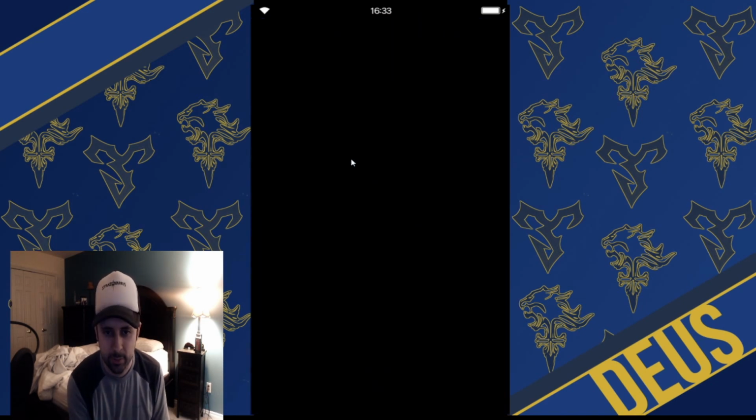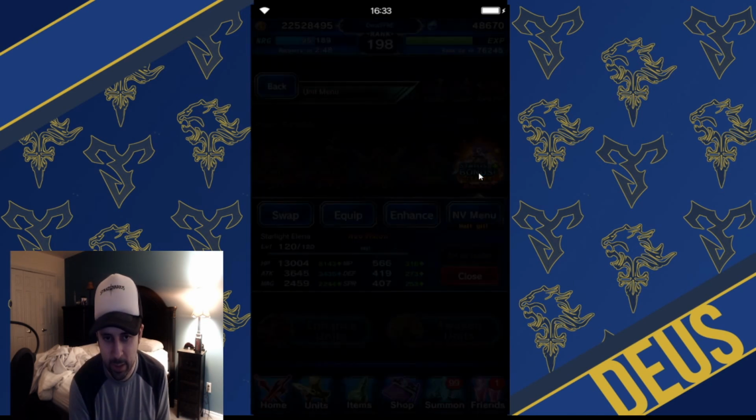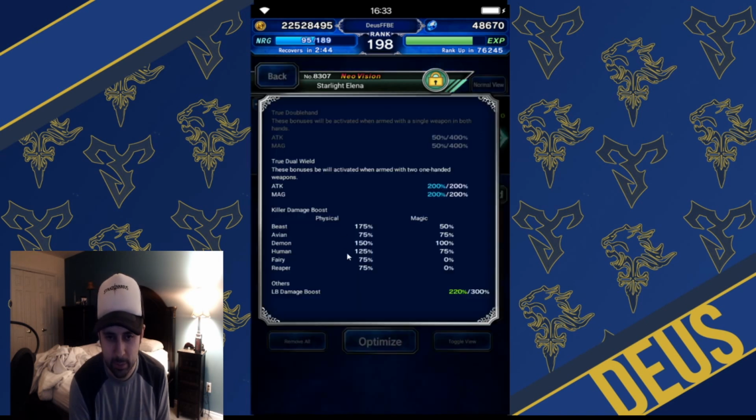For example, obviously this is not the killer that I should have on. I should have Ifrit, but I had Ifrit on. I think we'd have 300%. I'm pretty sure we'd have 300. But if I were to swap around, I'd be able to have 300% Demon Killer. Or if I wanted to swap around, I could have 300% Human Killer. So stuff like that